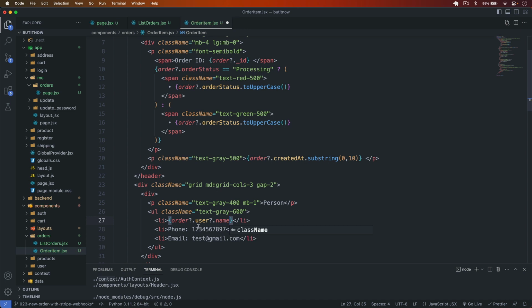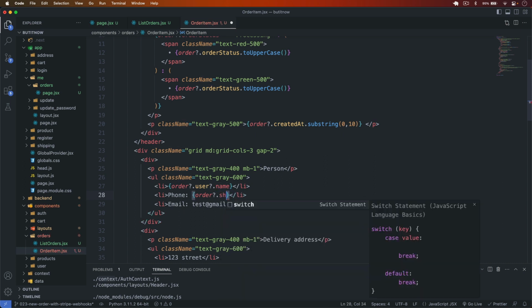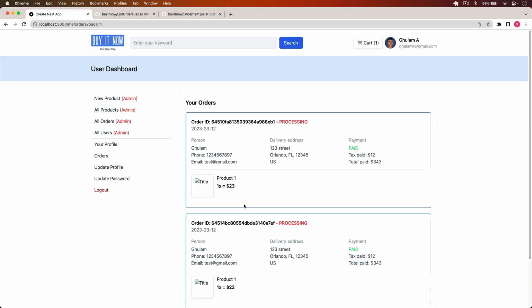Remember that we have populated the user from the backend. Now we can access the name here. And for the phone number, I will use here dot shippingInfo dot phoneNo, and for the email I will use here user dot email. Save it. Now if I go back,